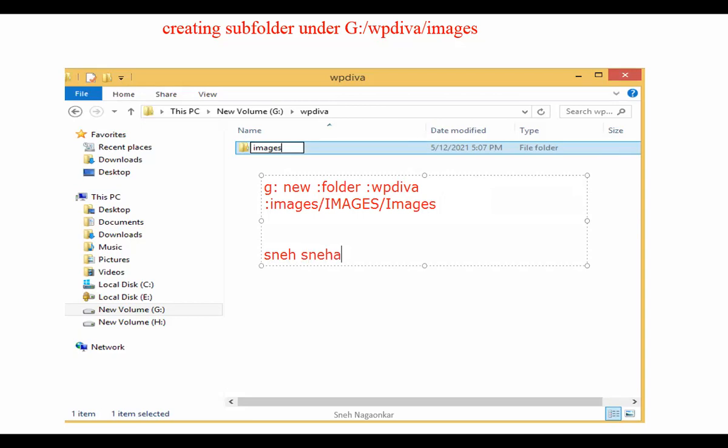Everybody will write it in a wrong way, and if they spell it wrongly, that is not my name, right? So what is the correct name here? Sneha Nagaukar. So it makes a difference.